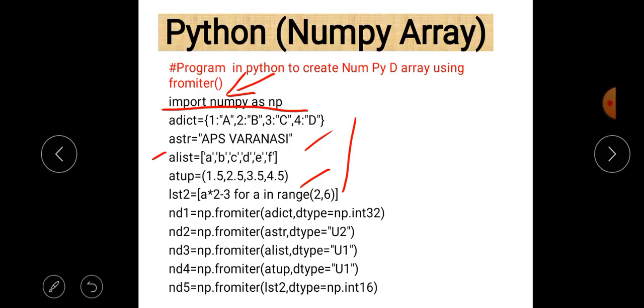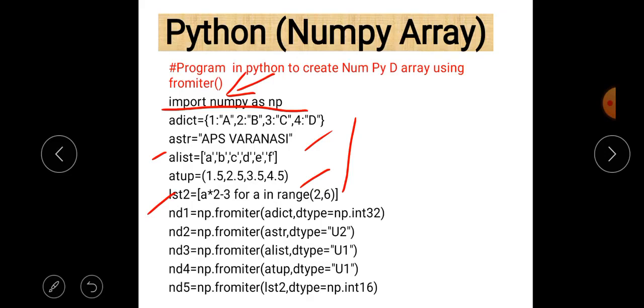A list is also given, and the name of the list is lst2, and the definition is given here, as you can see on the screen: a multiplied by 2 minus 3, and there is a loop which decides the value of a, for a in range 2, 6.